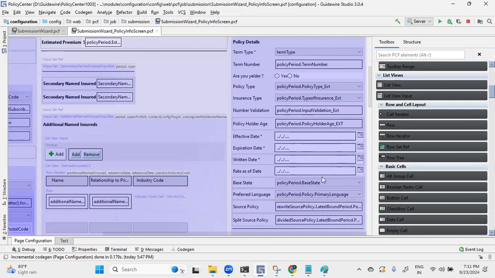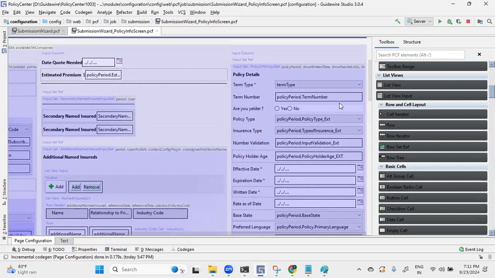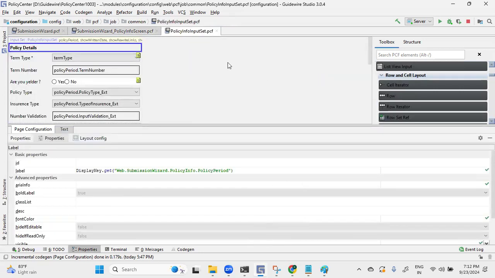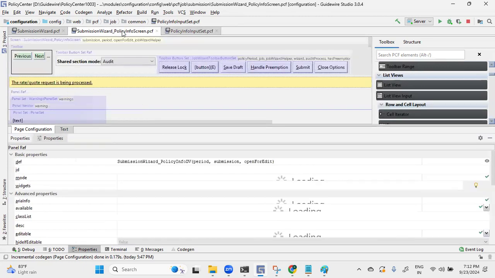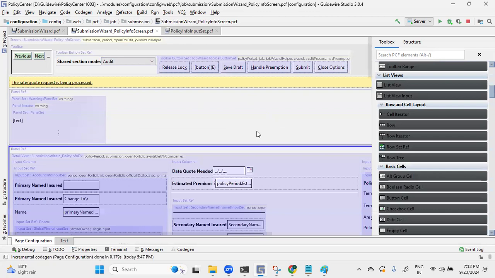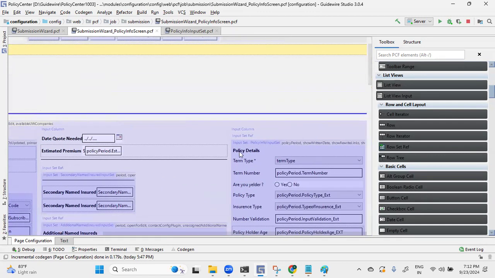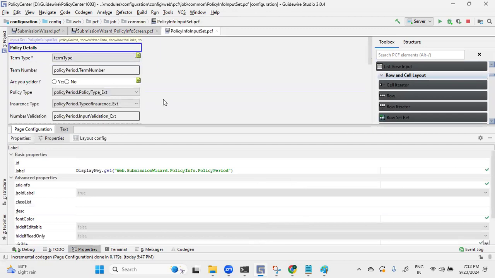Now we are going to add a new field, right? First, we have identified the front end PCF, but we have to navigate to the active PCF. Just double click on it. This is the active PCF. Here multiple PCFs are there, but we are not modifying all these things. We are modifying only one PCF, this one. Just double click on it. It will navigate. This is the active PCF. Clear or not? Got it. In Guidewire, by default